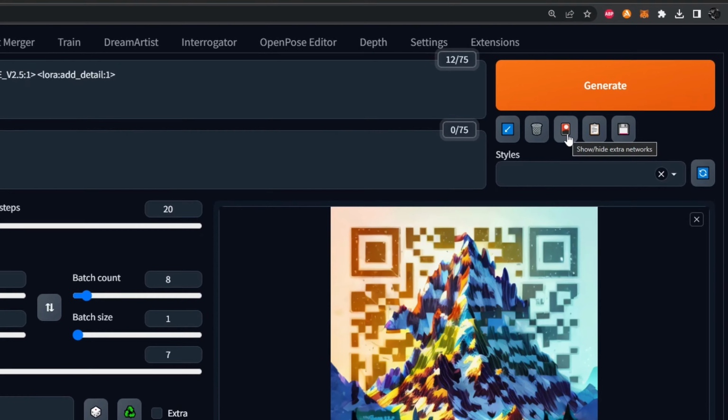If you don't know how to add LoRAs to Stable Diffusion, you can just go to these links, download the files, copy them to the folder Stable Diffusion Web UI Models LoRA, and restart the UI. Then you should start seeing them when you click this button here. Although this text to image method can create awesome looking images, it works even better with image to image methods. And if you want to learn all about that, you can do so by watching this video right here.